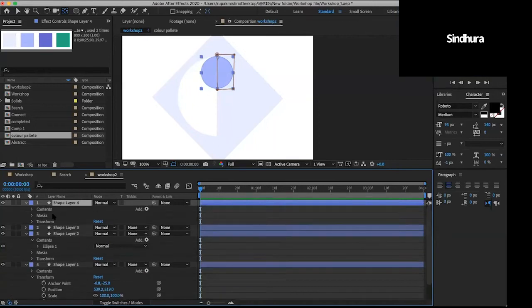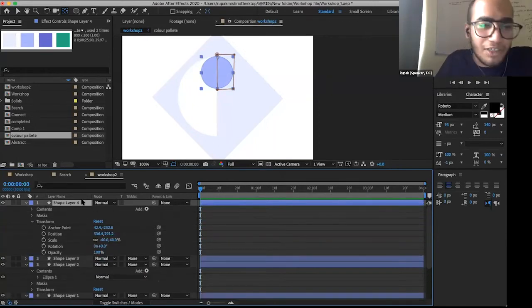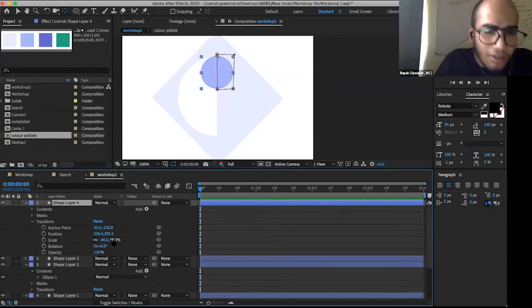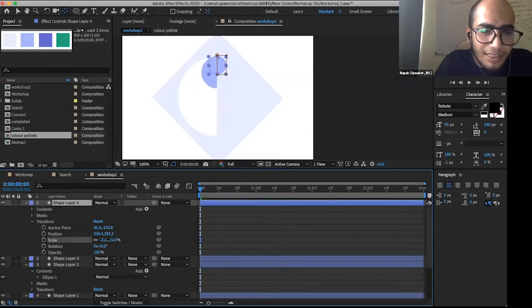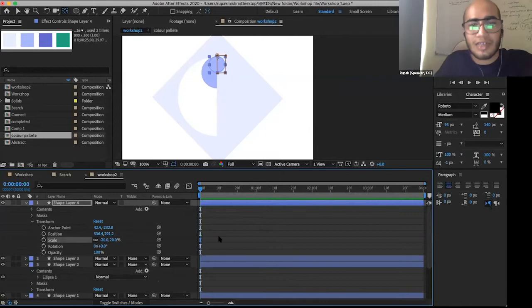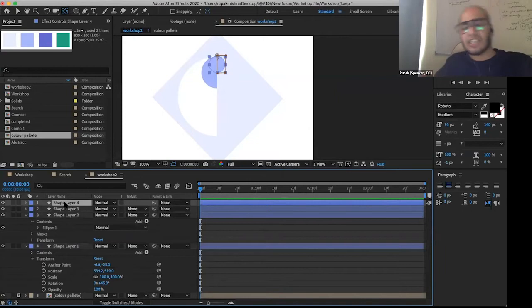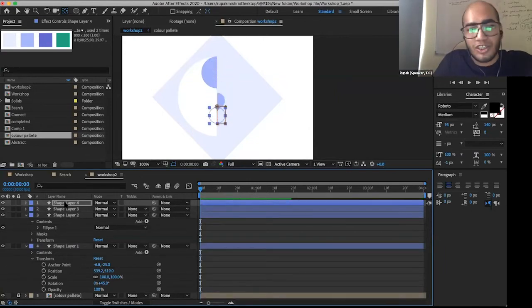What we'll do, again, is go into the transform of shape layer 4, the new shape layer that we acquired. Currently it's on 40 scale, so we'll scale it down a little bit more. We'll drag it down to 20%. Okay, type in 20. And we want this at the very bottom of our level, so we'll directly position it below.